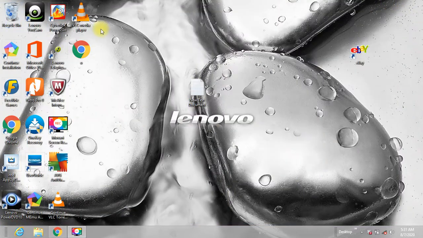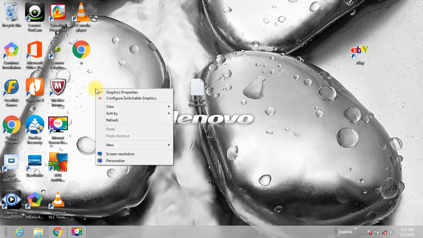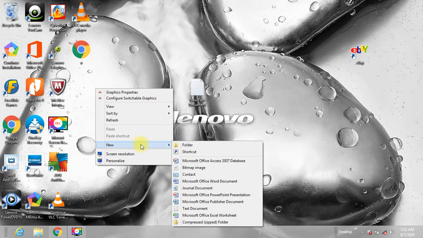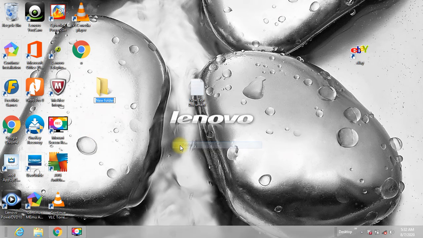Now I'm minimizing this already made web page. Initially, children, we are going to make lots of web pages. Instead of saving them on the desktop like this web page I have saved on my desktop, you can make one folder by clicking on the New button, clicking on Folder, and writing any name on that.